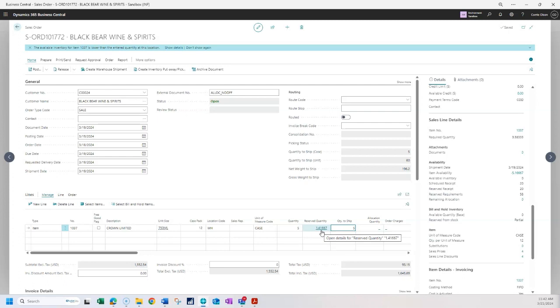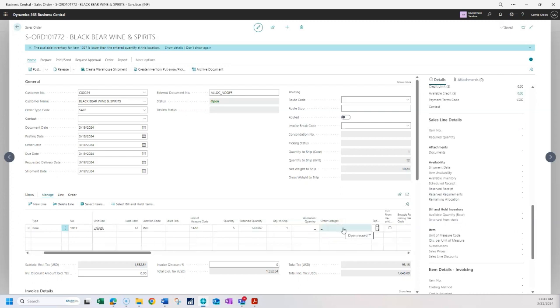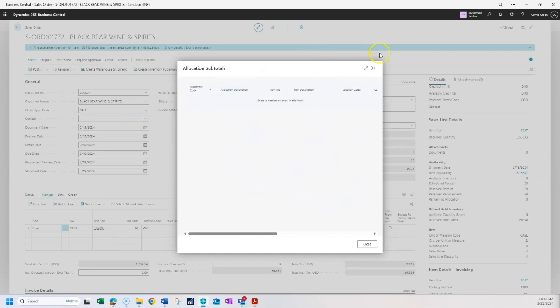The other benefit of us bringing in orders from Pocket Advantage is we do a lot of these checks for you, and we would never let a partial case go, and we would change the quantity to ship to a whole number. But in here, notice the allocation is 0 because I had nothing allocated for that item. Now, if I jump to that item to see on my fact box here, you can see I have nothing for this customer